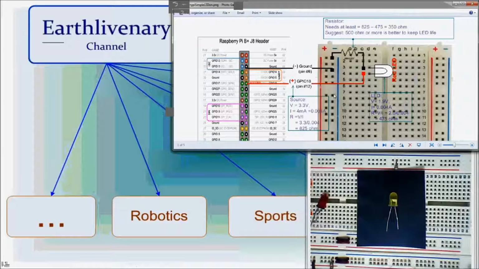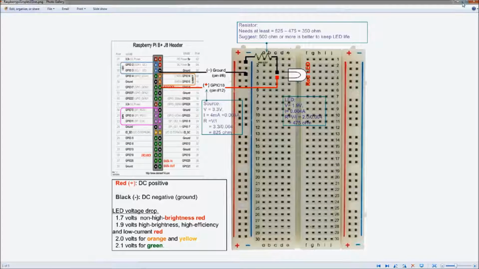I will show you how I am setting up an LED blinking on the board for a Raspberry Pi example. This is my drawing diagram. You see on the left side over here, it is the Raspberry Pi 2 or 3 pins. It has a total of 40 pins. On the left side are the odd numbers, starting with 1. On the right side, the even numbers start with 2.